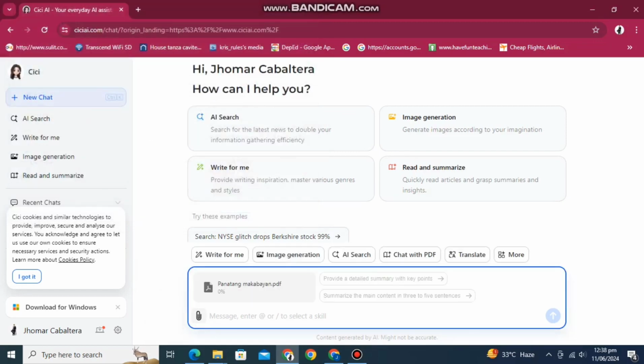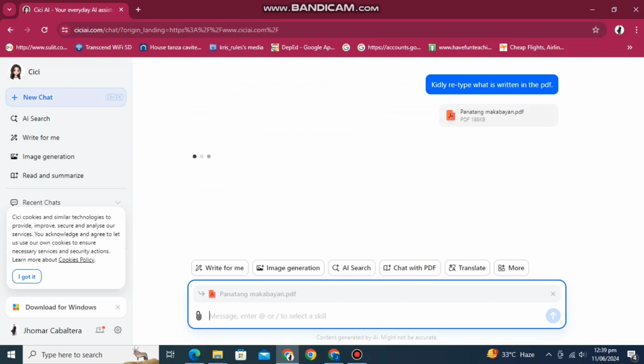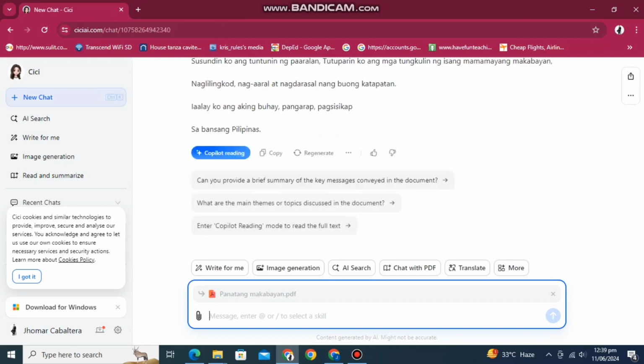So let's say this one. And then kindly write this prompt. Okay, you can use any prompt, but this is my prompt. So you can copy this: kindly retype what is written in the PDF. And then after that it will automatically retype the PDF content, and then you